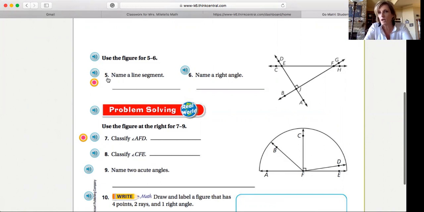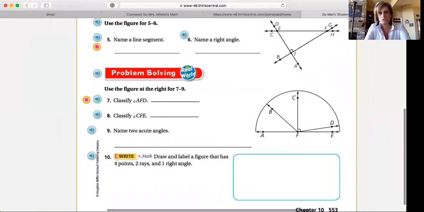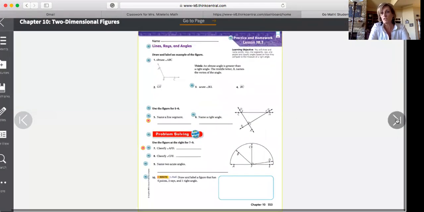Okay, you had a bunch on the last couple pages that you were looking at. So think about those drawings that they have there. That's a figure. Okay, and I would challenge you to do one that has only 4 points, 2 rays, and 1 right angle, just because I want to see if you can do that. But if you need to do more than 4 points, if that's the only way you can figure it out,